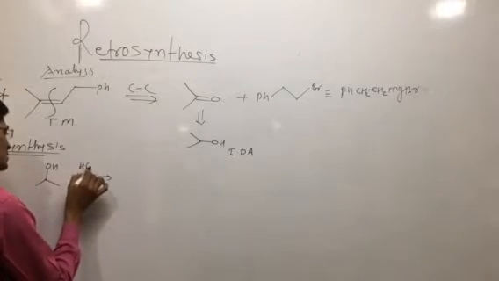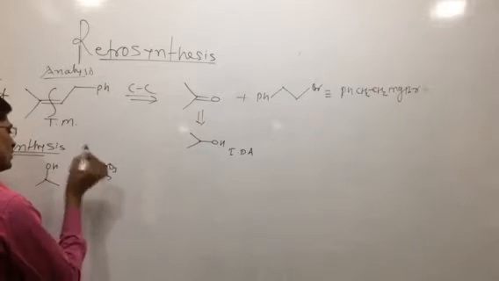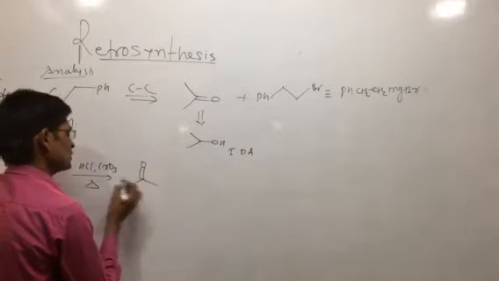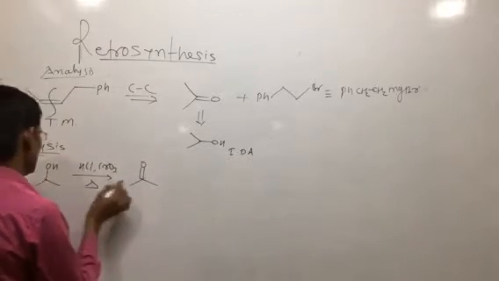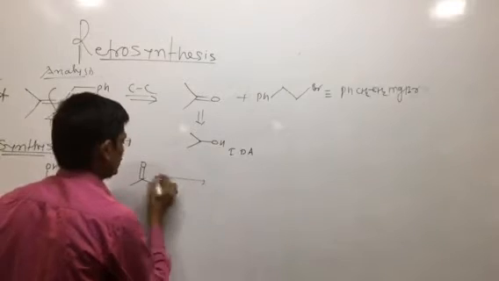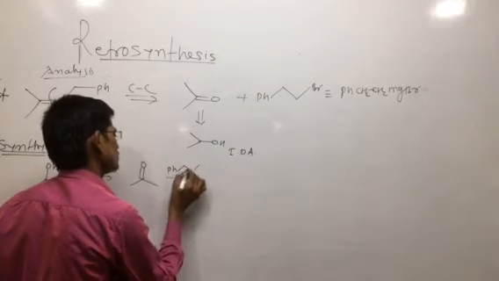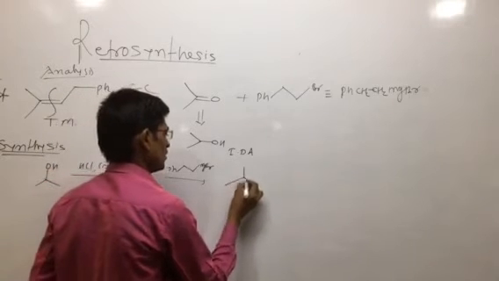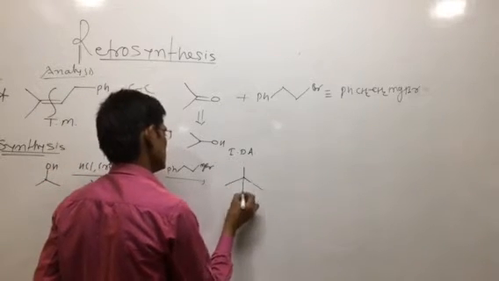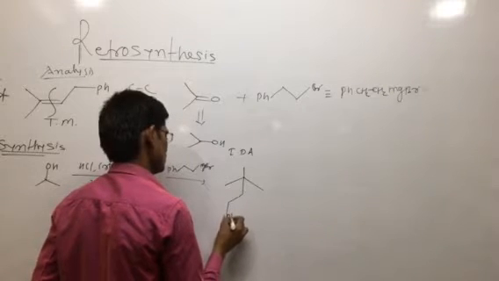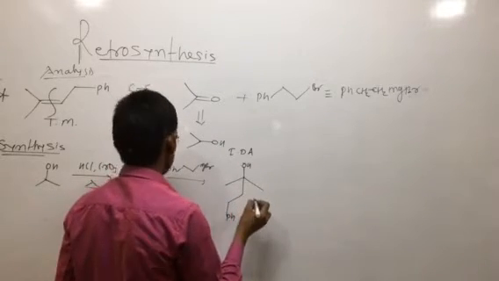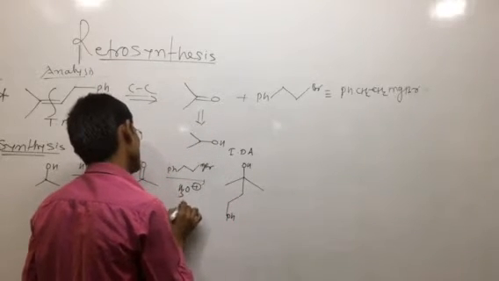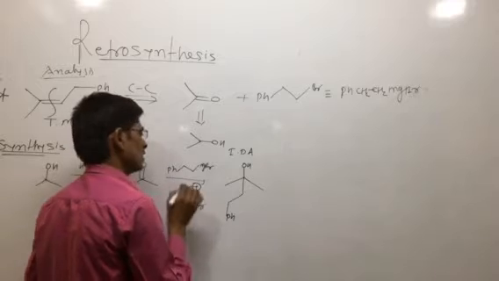It is treated with HCl and CrO3. As you can see, PCC is also used. So this isopropyl alcohol is converted into acetone. This oxidation takes place, and if it is reacted with PhCH2CH2MgBr, this is converted into CH3 as it is, and CH2, this one is the Ph, and this is converted into an alcohol, hydrolysis in acidic condition, diethyl ether as an organic solvent.